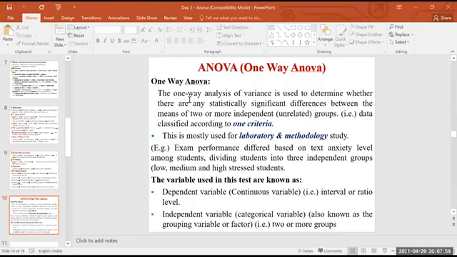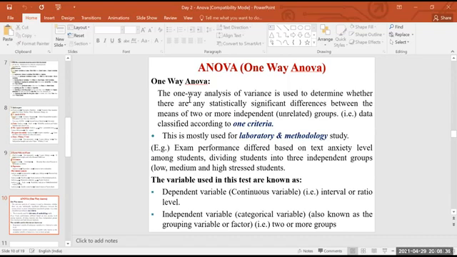You know that not all the students are outstanding students. There are students with outstanding level, there are students with the second medium level, and there are some students with below average or average level, right? So you are collecting the data regarding the performance of the students in the final examination, but that depends upon 3 different criteria, because all the students are not in the same category. So when your variables have a grouping variable, then in that situation you can use ANOVA.